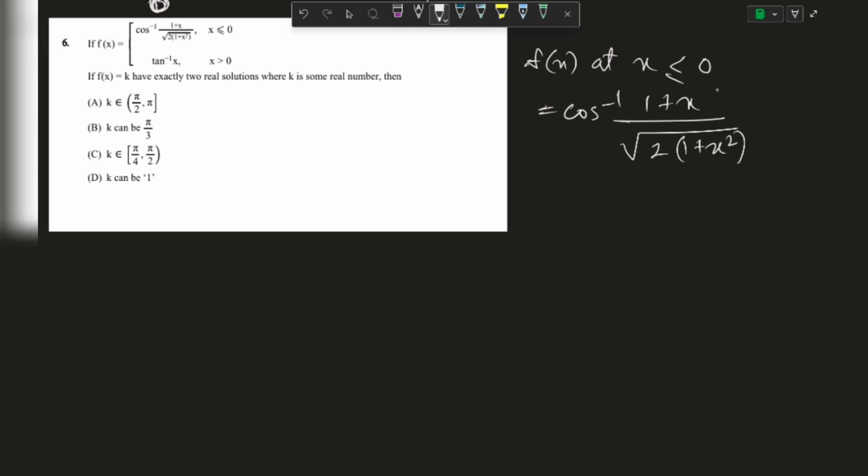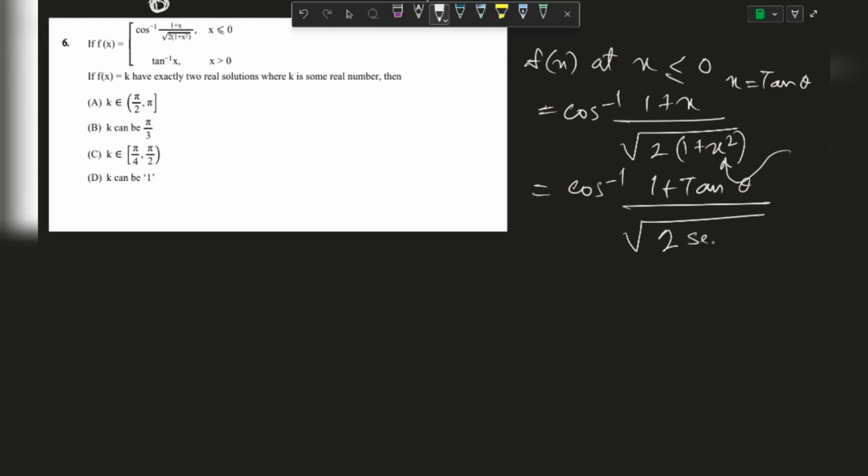Now to solve this, the first thing that should have struck your mind is this 1 plus x square, and seeing it you will be very eager to make the substitution x equals tan theta, because this will become secant squared theta, and this was 1 plus tan theta. This question is, I guess, also available in R.D. Sharma basics. So this will become cos inverse of 1 plus tan theta divided by root under 2 into